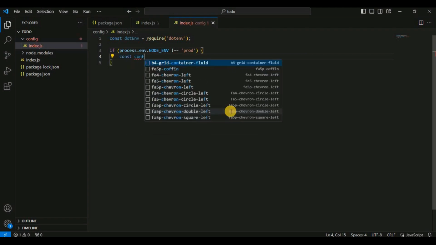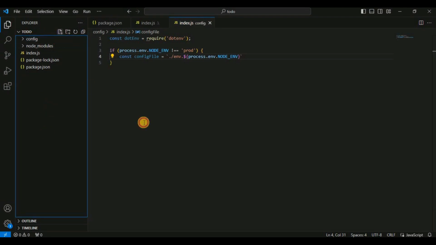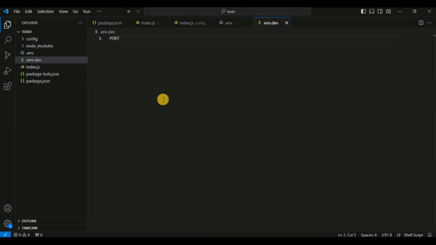So const config file here will be our dot slash. That will be my config file. Let's create the config file here, .env. This is for production, and I will have the .env.dev, and I will mention the port here